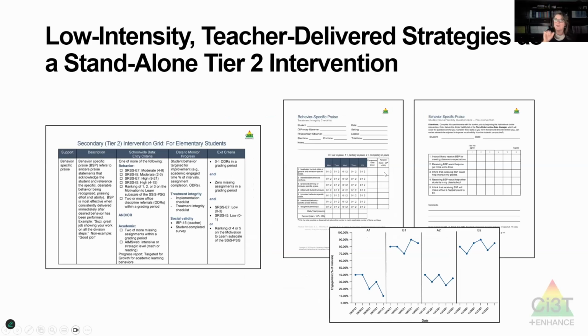So you'll see this from Mark and David tonight, that for every tier 2 intervention in these pages, you're going to find everything you need to do it. An implementation checklist to get it all organized, fidelity sheets to make sure it's happening as planned, the social validity to make sure that you're getting input from the students, the family or caregivers, and the teachers themselves, as well as a plan for you to graph it so you know if it worked.